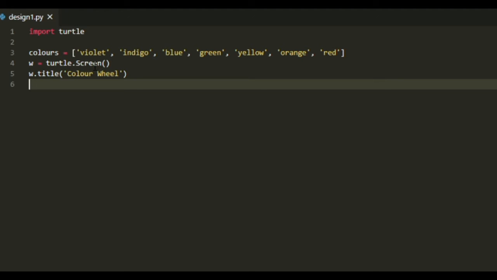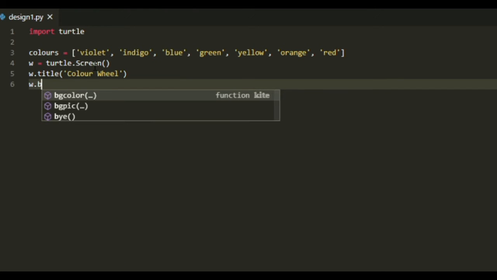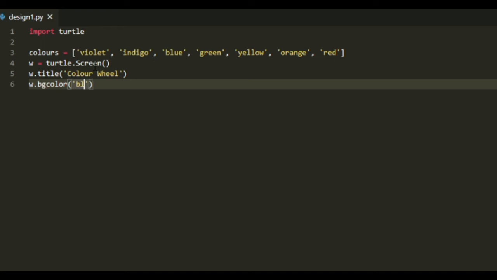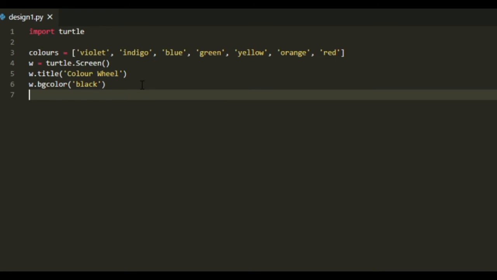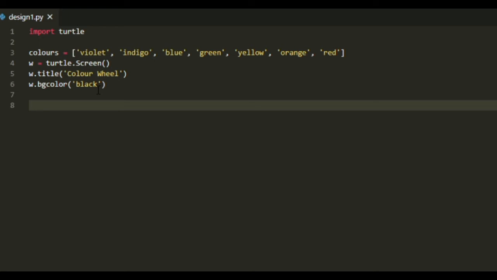Then we will say t dot bgcolor is black. Now we are saying black so that all the other colors are well highlighted, and this will put the background color of the window as black.